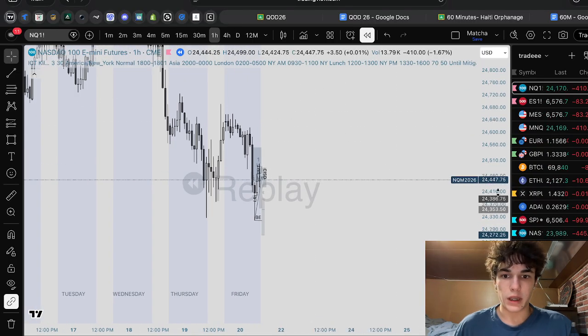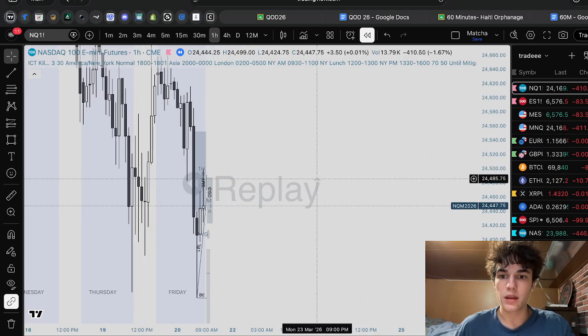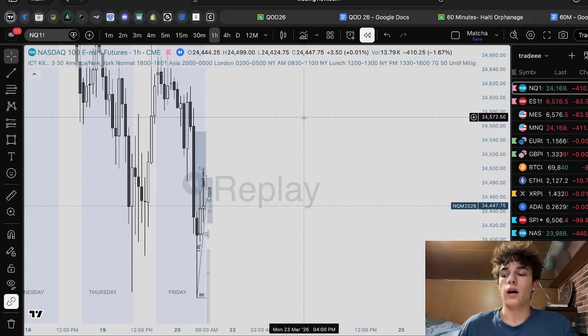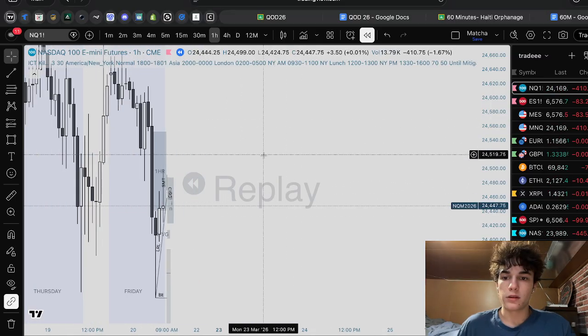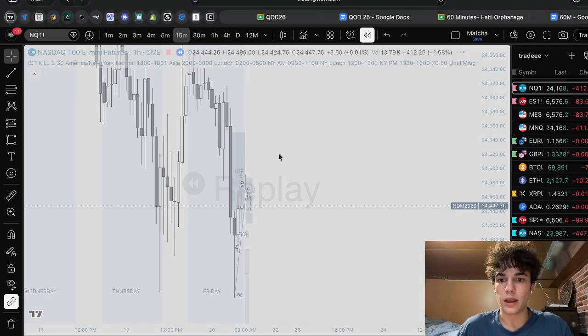Okay, so coming into the day here, we have this hourly fair value gap. This is going to be our high time frame gap of the day. It also serves as a BPR range with these two FVGs right here, these two bullish FVGs. So after this FVG got hit, this 1 hour bearish fair value gap, I head on to the 15-minute